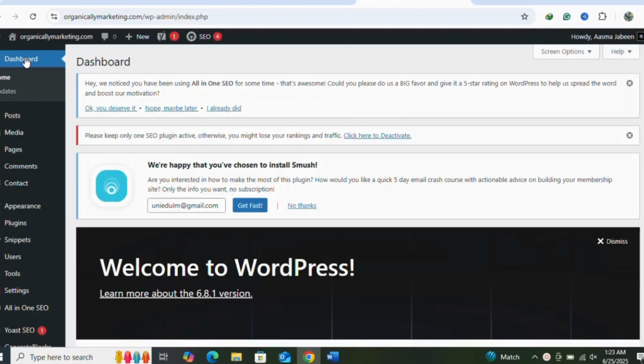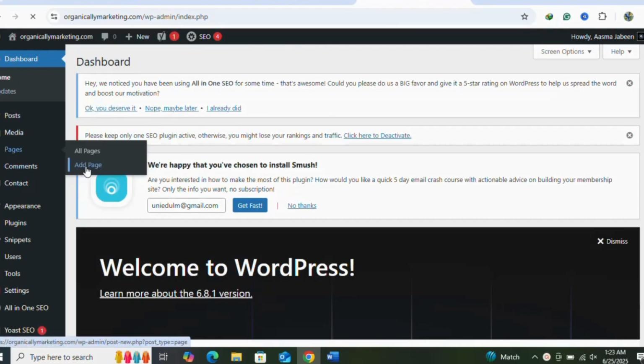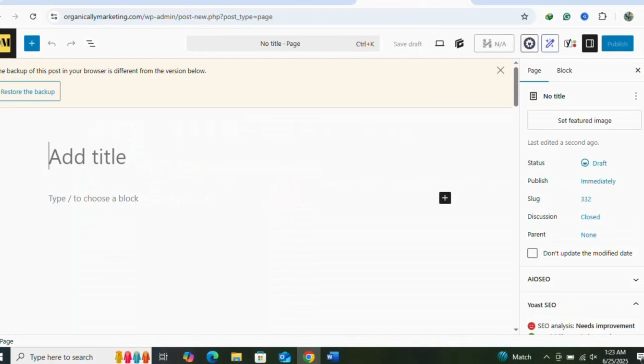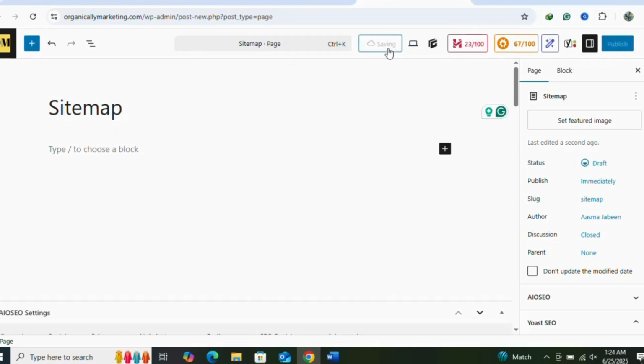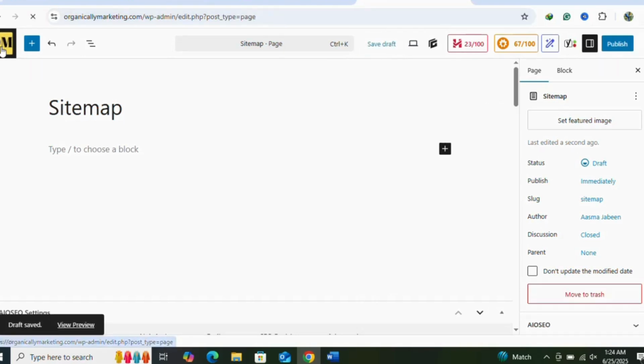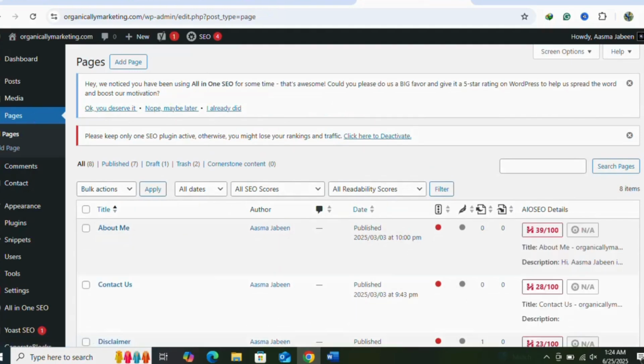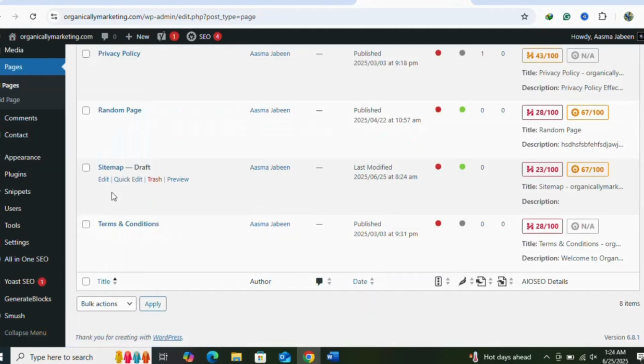Just go to your website's dashboard or WordPress dashboard, add new page. You can name it like navigation through the website, navigation page, or map to the website, or sitemap, as you want to do. I will create it with the name of sitemap. You can publish it or just save it as draft. And for creation, I will use the plugin All in One SEO. Just edit the page,